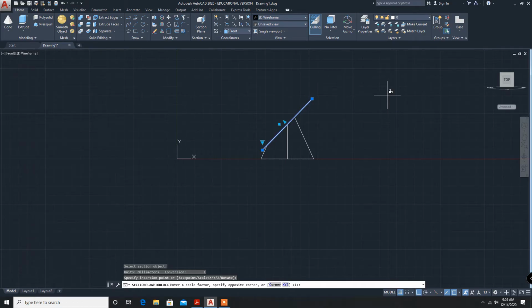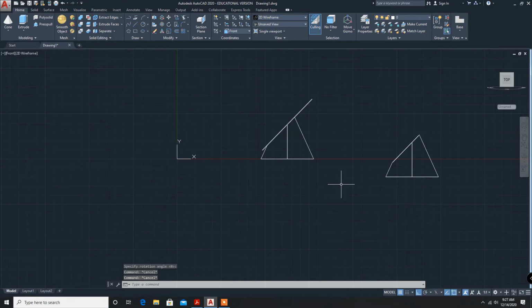Check in your system whether the default value is 1. If it is not 1, enter the value 1. Enter, and whether we have to use the X scale factor same as X, yes, or give 1 and click enter. Angle: if any rotation is required you can rotate it, but here we don't require, so 0 degree, enter.